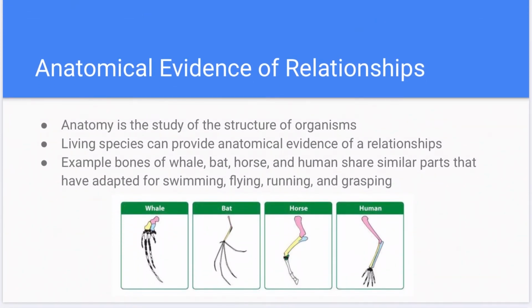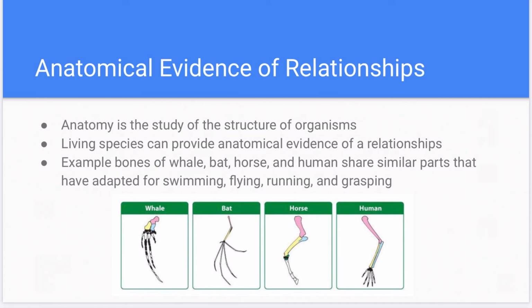Anatomical evidence of relationships. So anatomical means your bones, your structure. It's the study of organisms and their structures. Living species can provide anatomical evidence of relationships, but so can species past. We can look at the bone structures of other things. It's interesting because something seemingly so different as a whale, a bat, a horse, and a human, they all have similar bone structures,